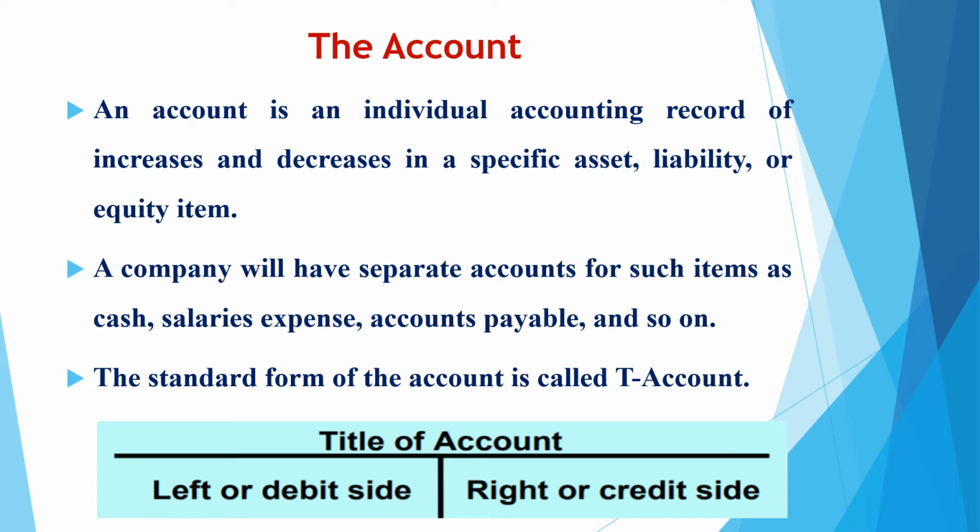What is an account? It is a record of increases or decreases in a specific asset, liability, or equity item. For example, the accounts payable, the cash, the accounts receivable, the building, or whatever. The standard form of the account is called T account since it looks like the capital letter T, and in the middle we have the title of the account, we have the left side, and we have the right side. The left side of the account is called debit and the right side of the account is called